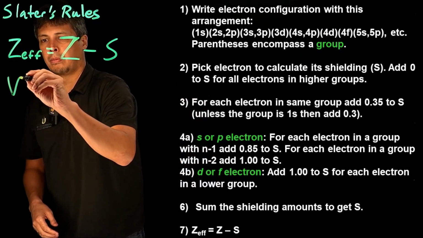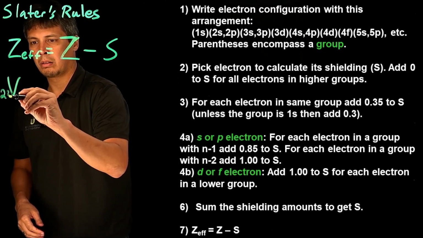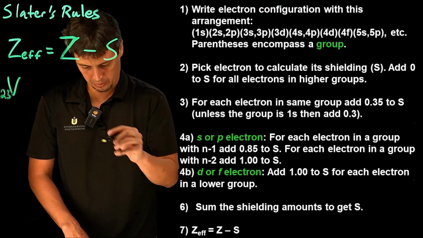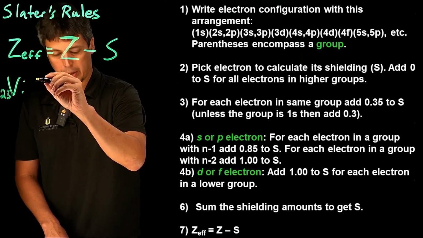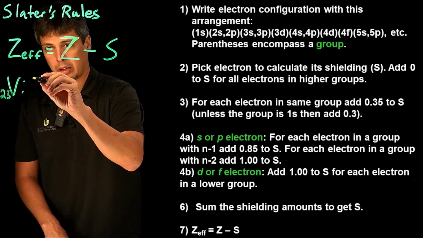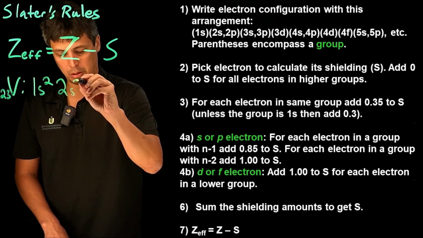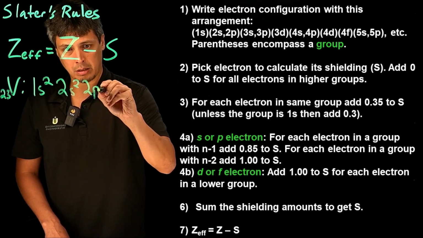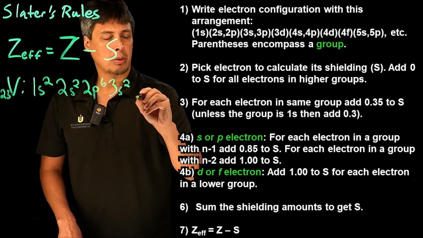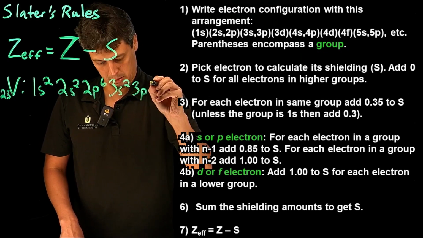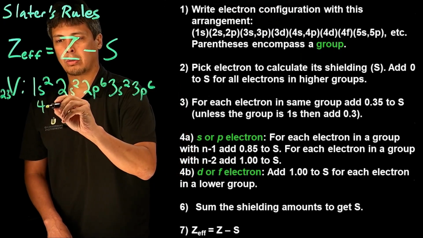Vanadium has an atomic number of 23, and atomic vanadium with a neutral charge has the electron configuration as follows: 1s2, 2s2, 2p6, 3s2, 3p6, and then 4s2,